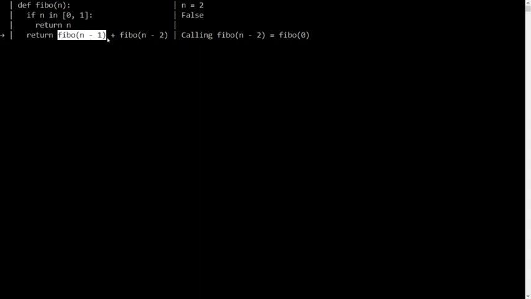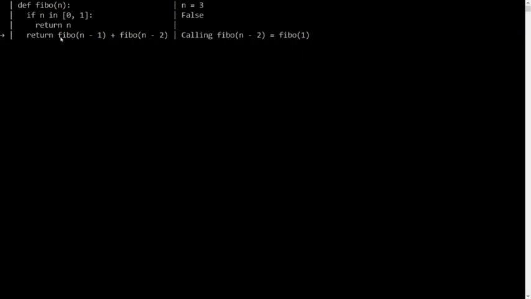So this Fibo n minus 1 has now been calculated as 1, and it will proceed to call its second recursion call, that is Fibo n minus 2, which equals Fibo 0. For Fibo 0, it is similar to n equal to 1 as it matches the trivial case, hence it returns 0 to its calling, that is Fibo 2. For Fibo 2, both values have been calculated as 1 and 0. We will add these and return Fibo 2's value to its calling, that is Fibo 3.